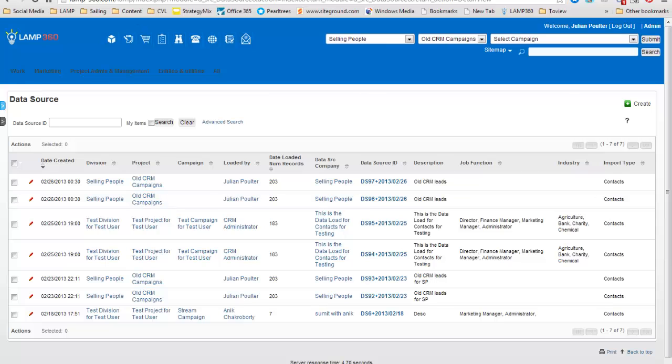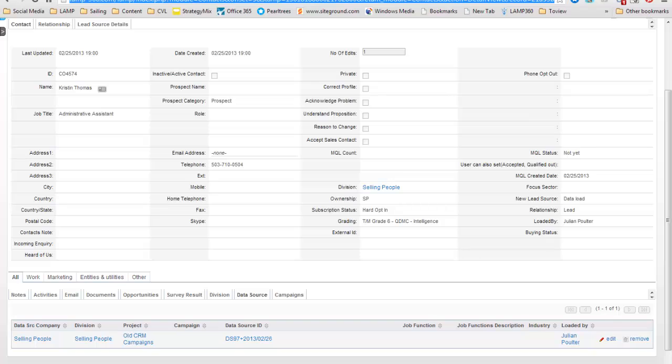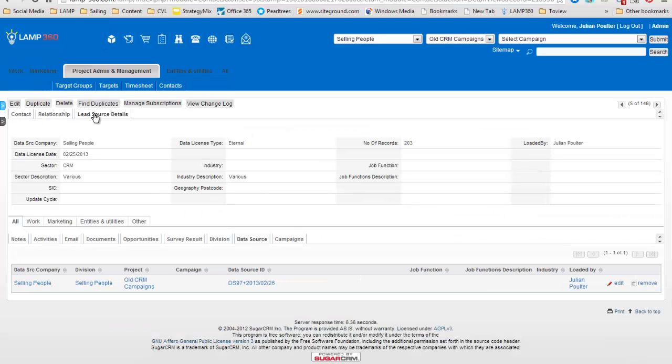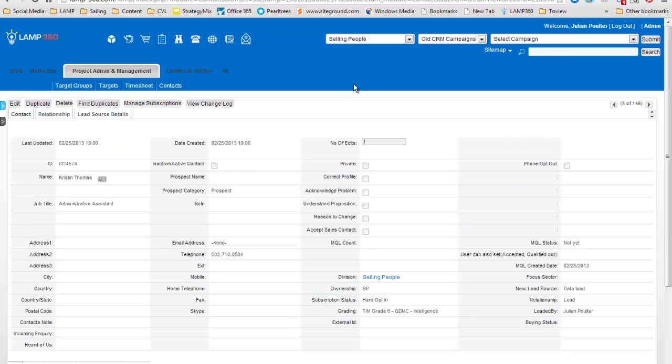If I go back to the contact record, whilst we've also got the data source record that we can link through to, we've also got, against every contact, a lead source tab. And again, this tells us the same information. So whenever we look at a particular contact record, we can see where and when that came from. So this was loaded up on the 25th of the 2nd by Julian Poulter for this company here. Now what's great about this as well is that we have this divisional segmentation. So if I now change to LAMP, and came to contacts, I wouldn't see this record because it